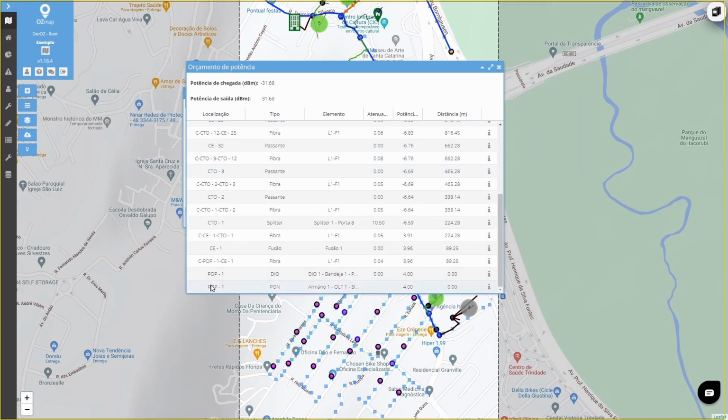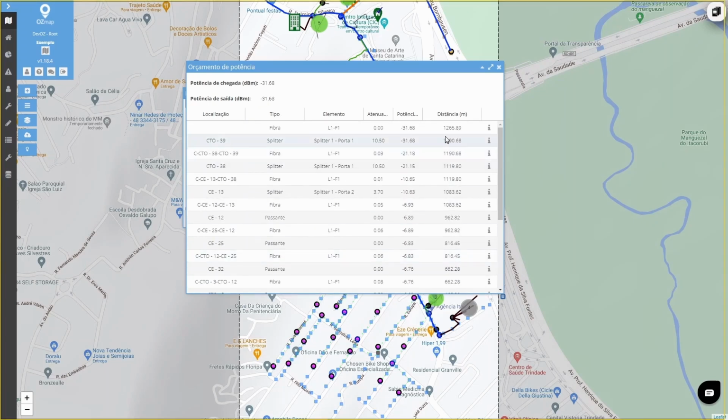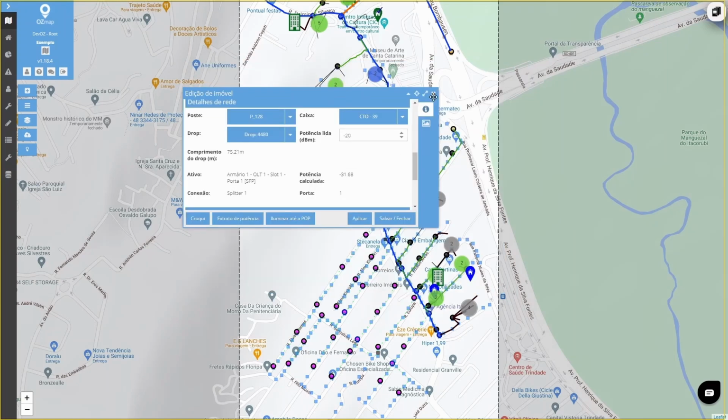It shows the same way we saw it in the splitters. The location, the type, the element, the attenuation it has suffered since the beginning, the power it has now, and the distance from the POP to here. Also, like the incoming power and the outgoing power up here,